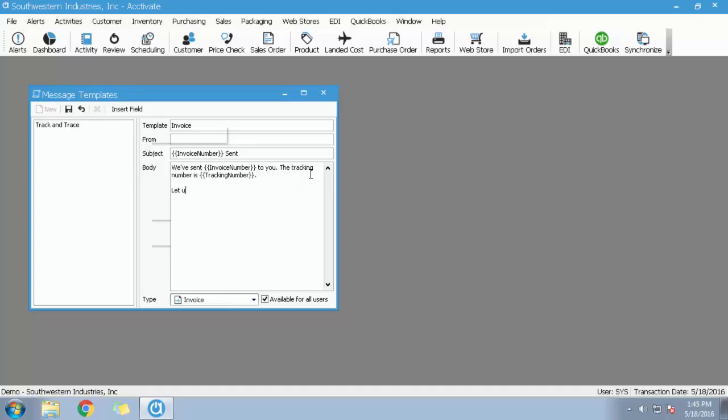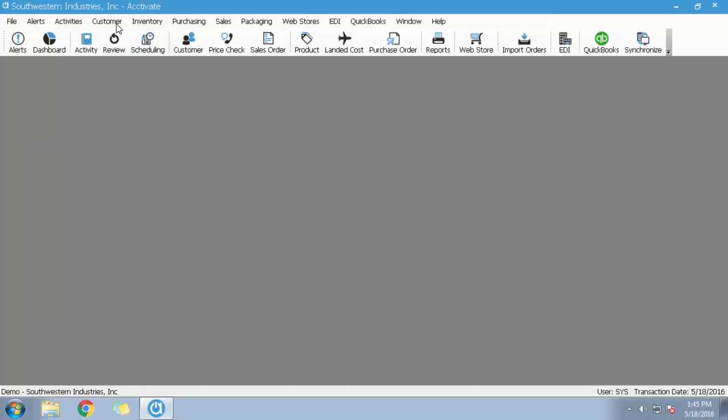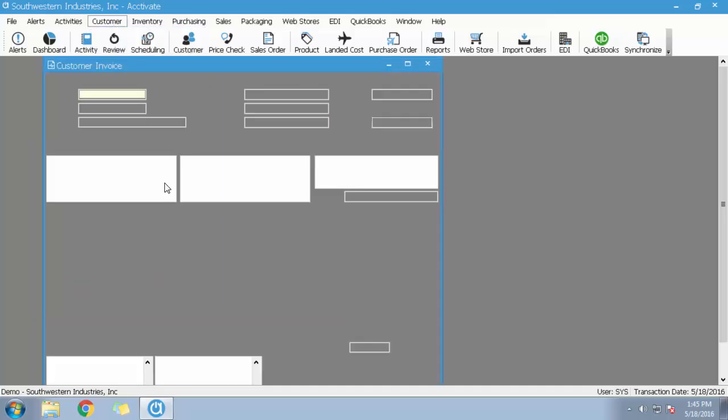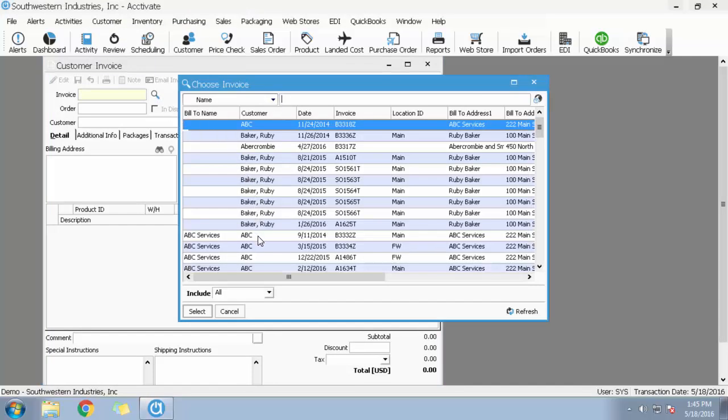Let us know if you have any questions. And this will be available to all users if you check this box, and then also it's going to be available from the invoices. So we'll hit save, and so now we've got this invoice template. So if we go to an invoice,